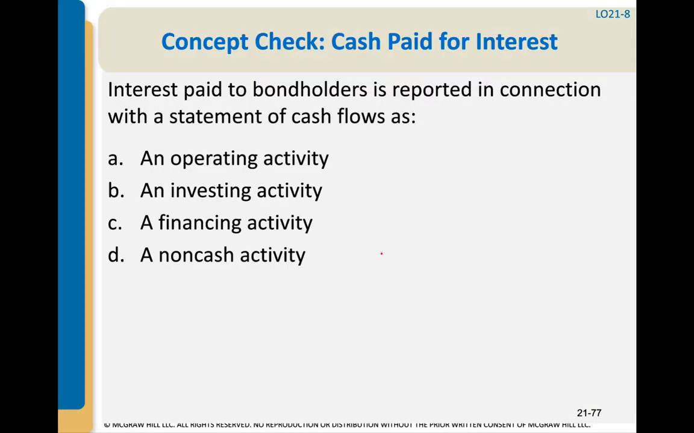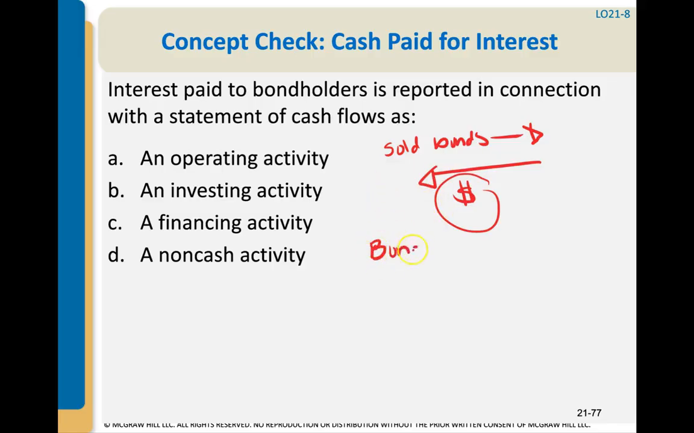Let's go through a concept check. Interest paid to bondholders is reported in connection with a statement of cash flows as what? So this is for bonds that we as a corporation issued. We sold bonds to the bondholders, and in exchange, when we sold those bonds, we get money. When we got that cash inflow, we have now a bonds payable on our balance sheet because now we owe money to those bondholders,